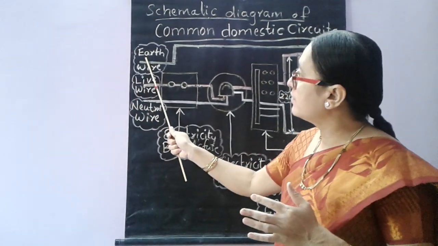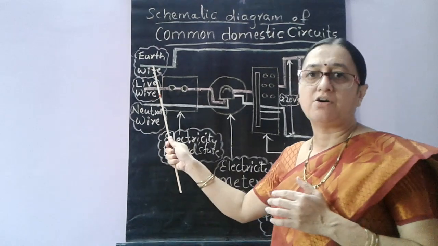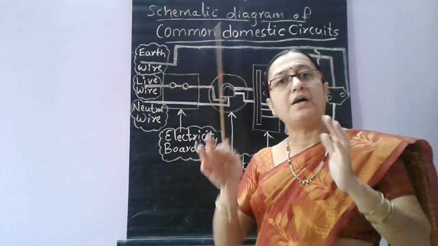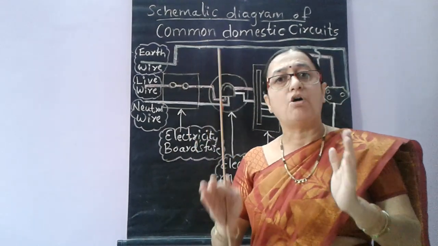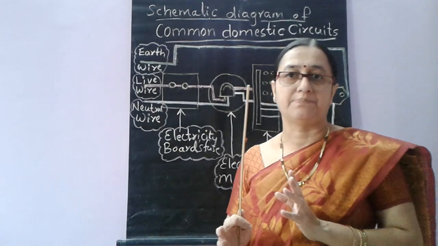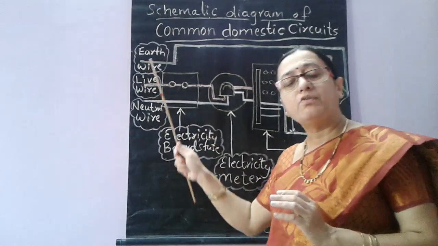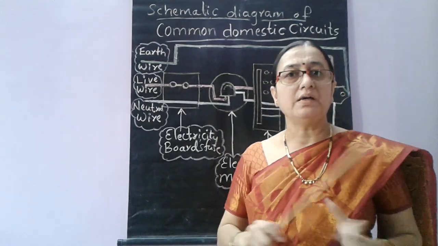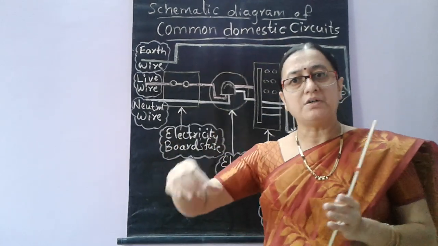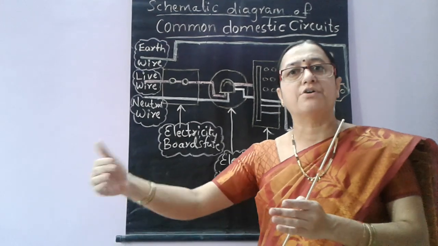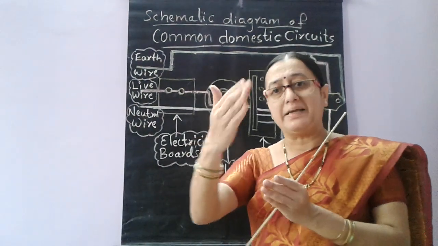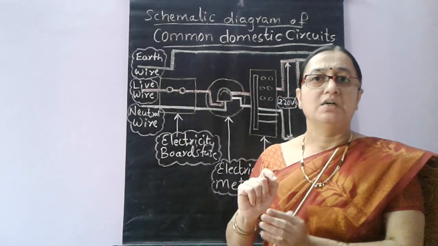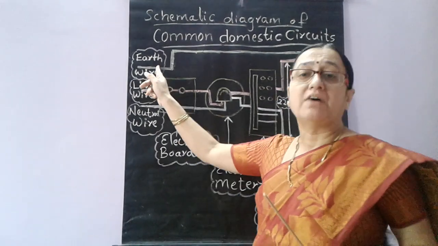There is one more wire we see here, called the earth wire or earthing. The main purpose of this earthing wire is to safeguard your whole house from lightning or from discharge of extra charges. This earthing wire always runs from the top of the house to the ground. If you observe next to your house, maybe at the back or in the front, there is a metal plate buried inside the ground and we can see only a small wire coming out. That wire is called the earthing wire.